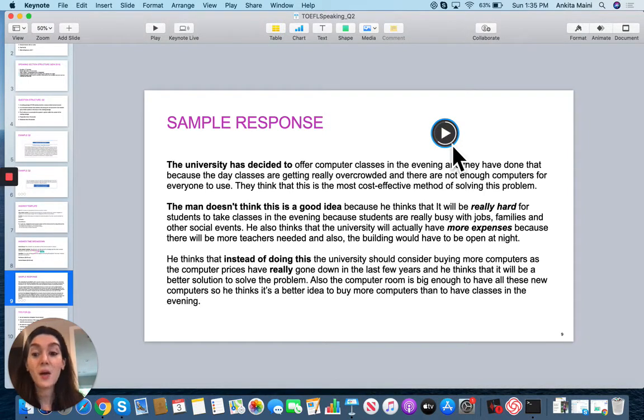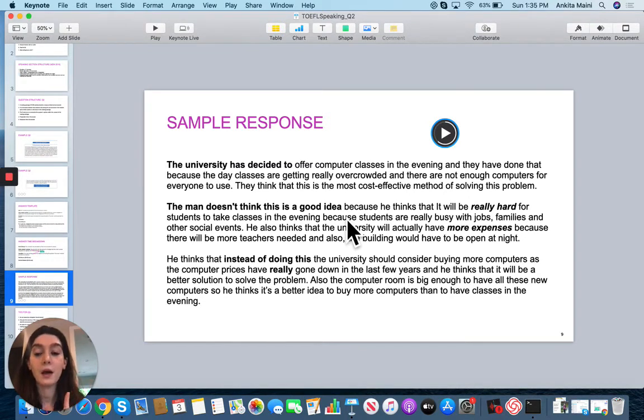Okay, so now what I did, I actually said the man doesn't think this is a good idea. So you see how I didn't even use part of my template by saying they're discussing this change and any of that. I just was very natural sounding and I said the man doesn't think this is a good idea, right? So that's what I mean, do not memorize the template, rather use the template to get really inspired to give natural sounding responses. Now, especially if you are someone who needs a 26 on the speaking section.